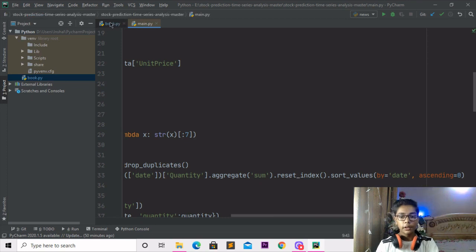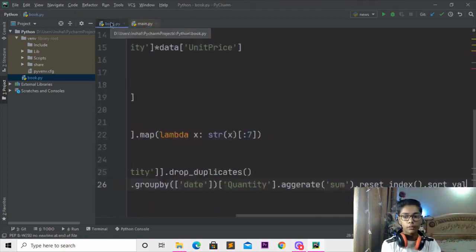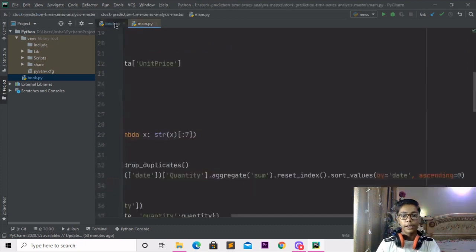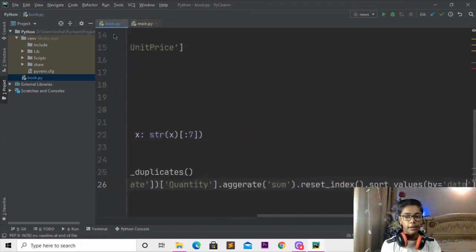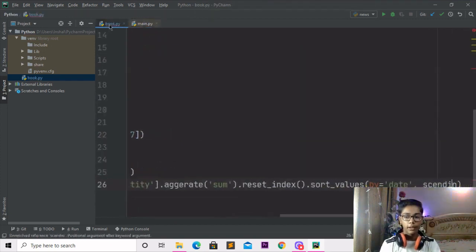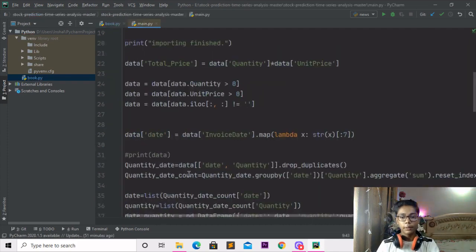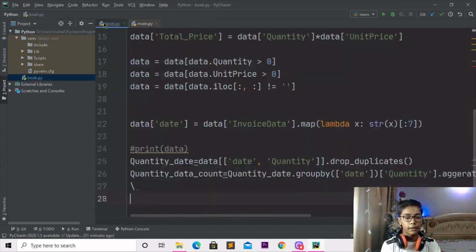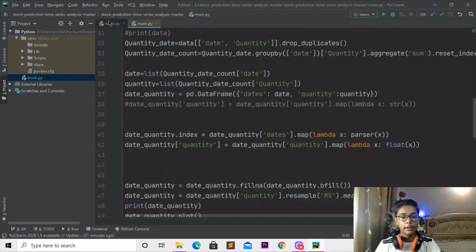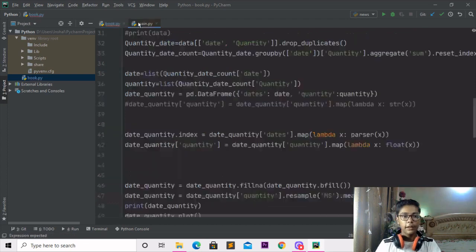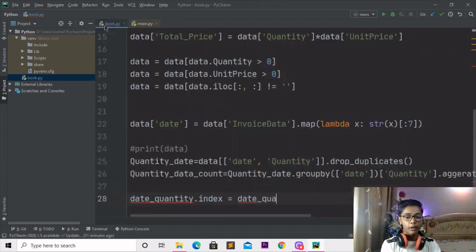Here it is written sort values, then I'll write this bracket and write by date. Then I'll write ascending, so you have to write a before that, then equal 0. Then moving down, I'll write date equal date quantity, then dot index equal date quantity,